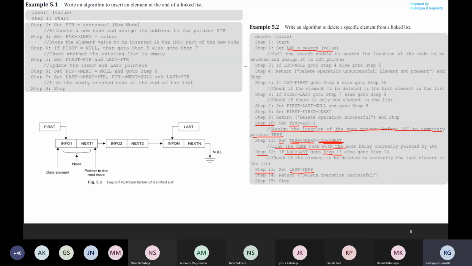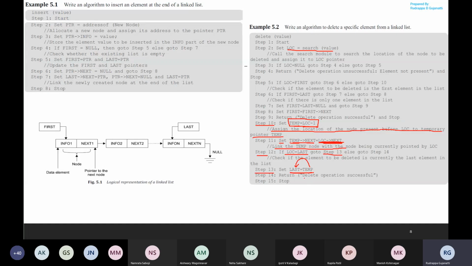Here, we are storing the information pertaining to the previous element before the LOC, that is, the location we have identified. So if LOC is equal to last, and this is true, then you set the last special pointer to the address accessed with the temp node.